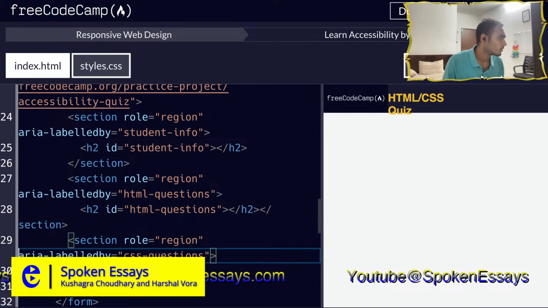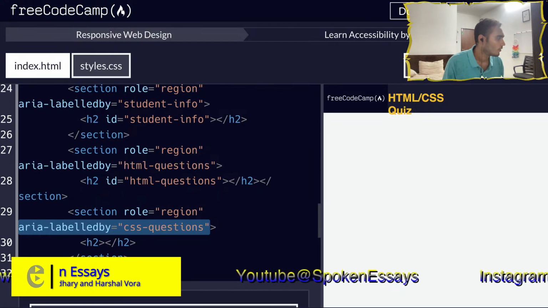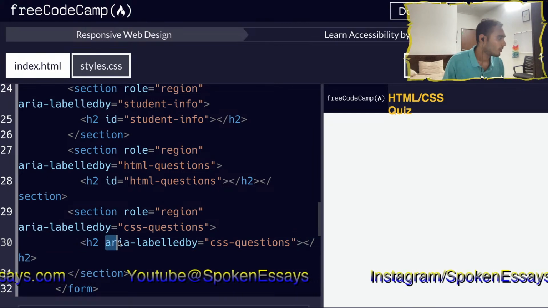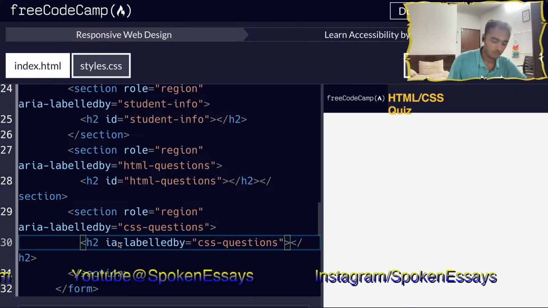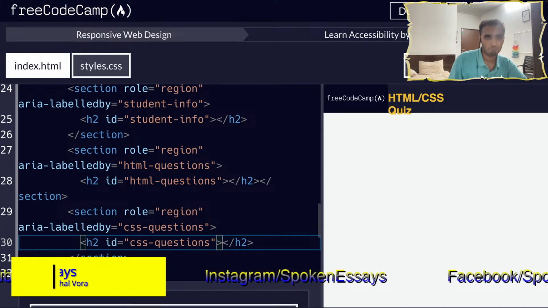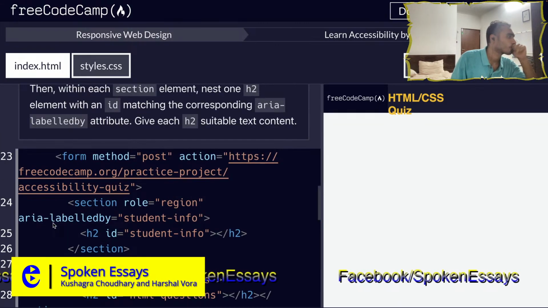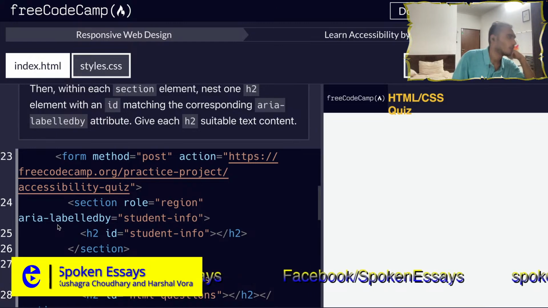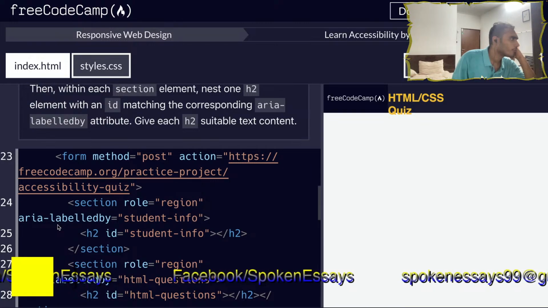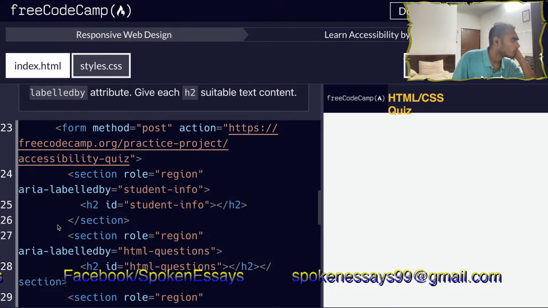I could do this. So for h2 I'll copy, paste, and instead of aria-labelledby I will write ID. Works. Now we will also have to give an appropriate title, text content, to h2s. So give each h2 suitable text content. Okay, so